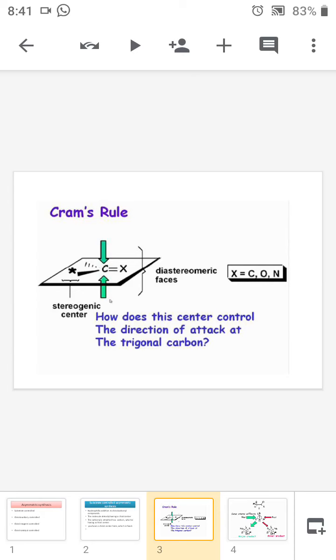Then how will we determine the configuration of the newly generated chiral center? While we are adding the nucleophile on the carbonyl group, we are creating an additional chiral center. So this type of nucleophilic addition to a chiral carbonyl compound creates one additional chiral center. That's why it is known as 1,2 asymmetric induction. And according to Cram's rule,